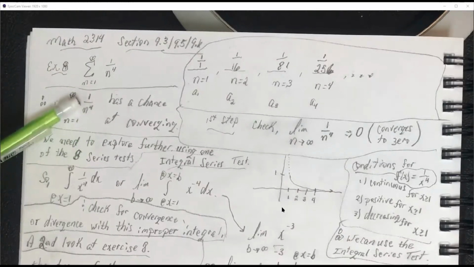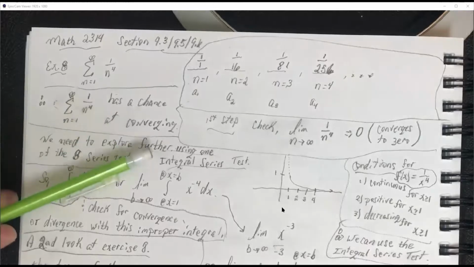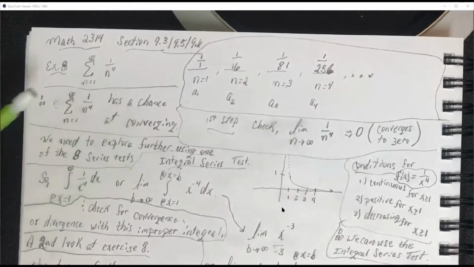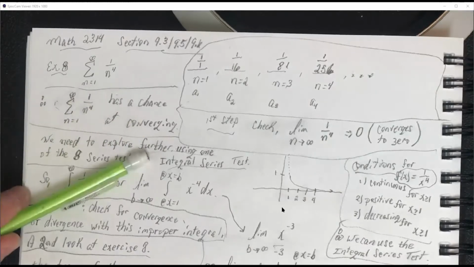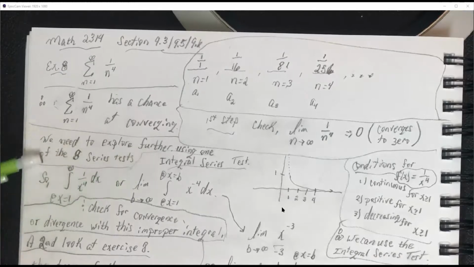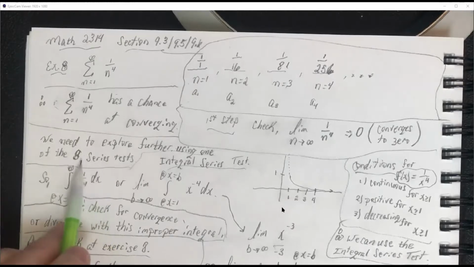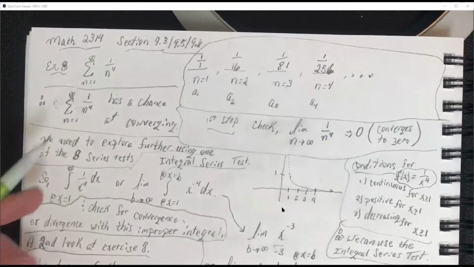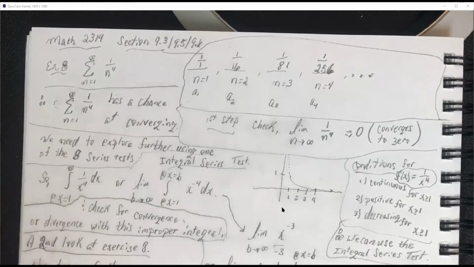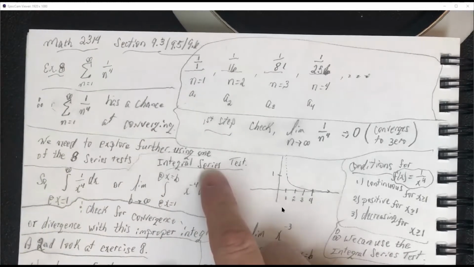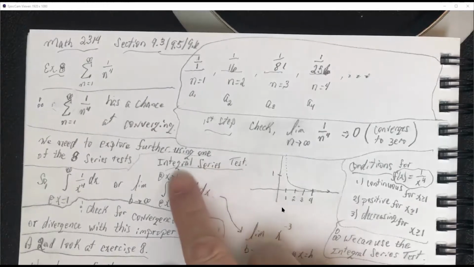So the series has a chance at converging, and now we need to explore further using one of the, I kept saying 8 or 9 tests, it kind of depends if we want to name it or not. So 8 or 9, but I think we'll say officially 8, but there's another one that is very useful that I will mention, but it may not be on the author's official list, even though it's in the chapter. But anyway,